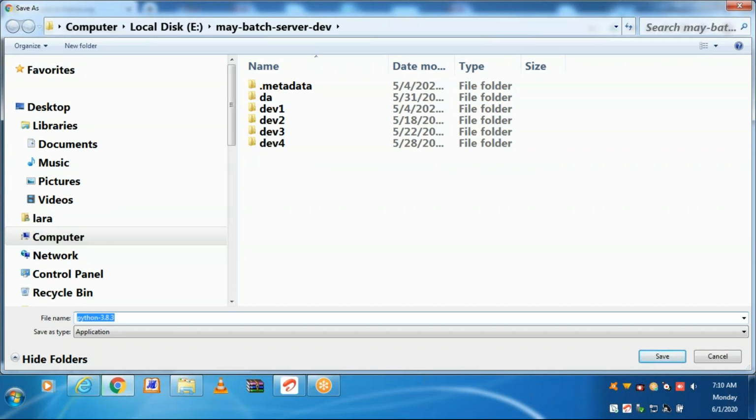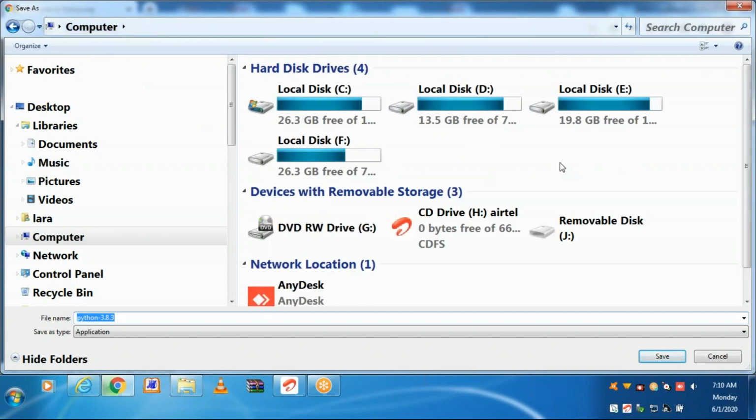Python.org downloads latest version. Choose the location where you want to save the downloaded bundle.